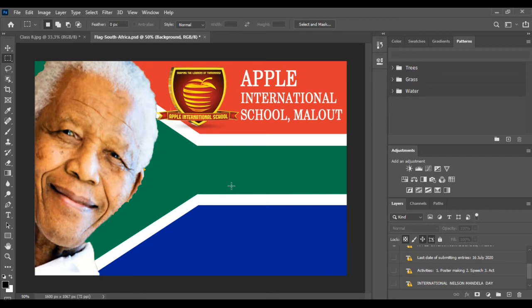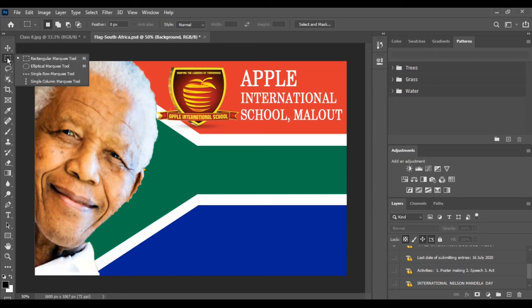First one, selecting with the Marquee selection tool. The Marquee selection tool helps you select a rectangular or elliptical area of your image. The steps to use the Marquee tools are: first of all, open an existing file as explained earlier. Click on the arrow at the bottom right corner of the Marquee selection tool and select the required Marquee tool.